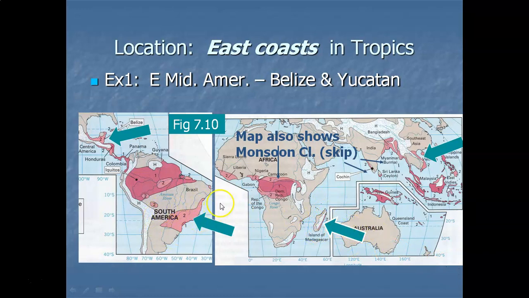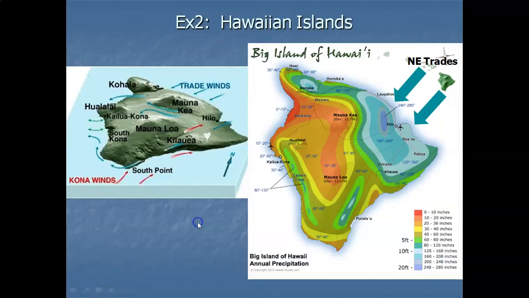And then here in Brazil, southern Brazil, again, you've got the southeast trades coming in, bringing in abundant tropical moisture. I want to give you another really good example. If you ever go to any of the islands of Hawaii, you are going to notice the trade winds. They're very, very prominent. I've got an example of the Big Island of Hawaii, with the volcanoes, but definitely, you've got a trade wind coastal climate on all of the Hawaiian Islands. Here's the capital on the Big Island here,